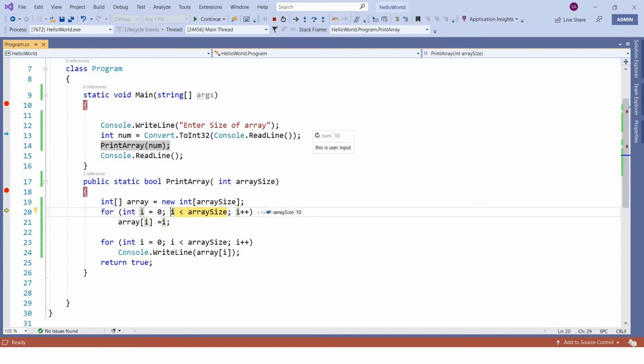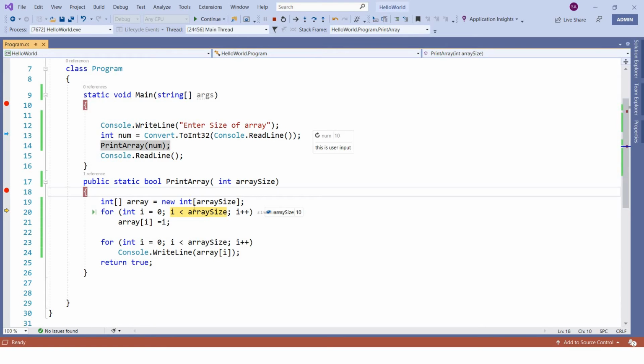Now let's say I want to see whether this condition evaluates to true or not. One way is you simply see the value, then see this value and apply your logic. Okay, 2 is lesser than 10, which is true. But let's say you have written some complex logic here. In that scenario it will be tough to calculate this value.